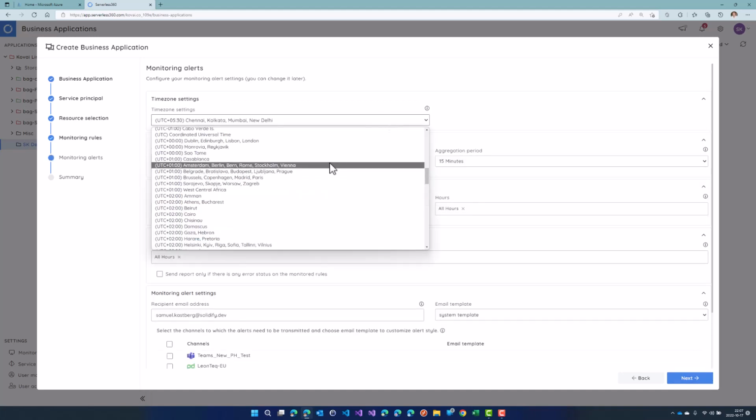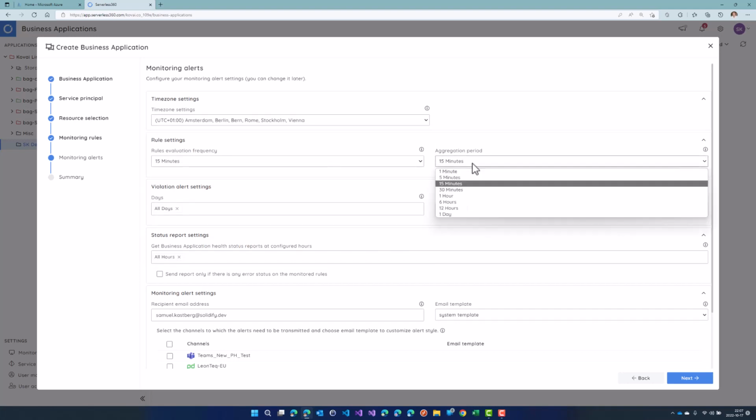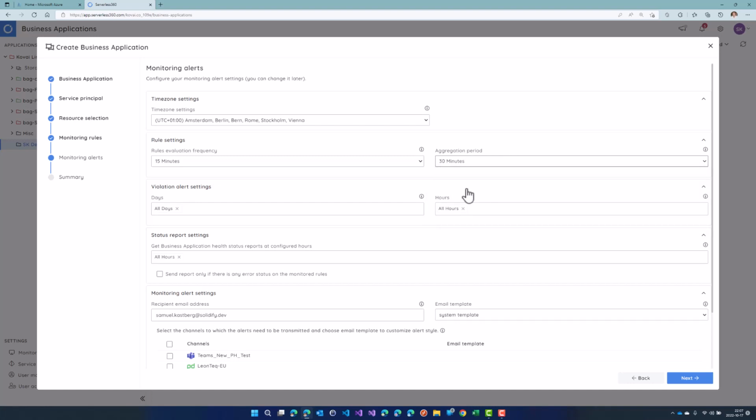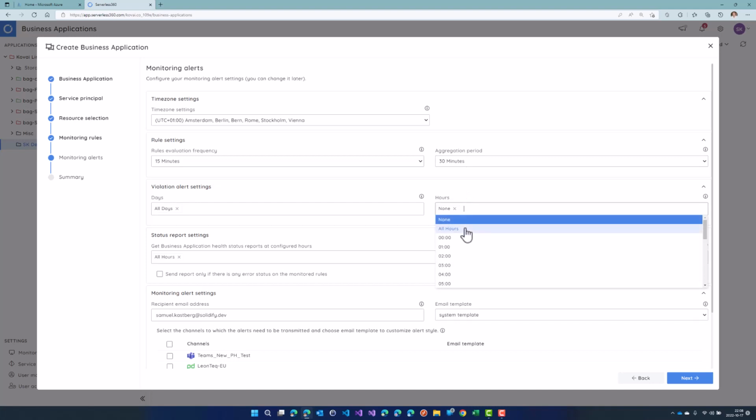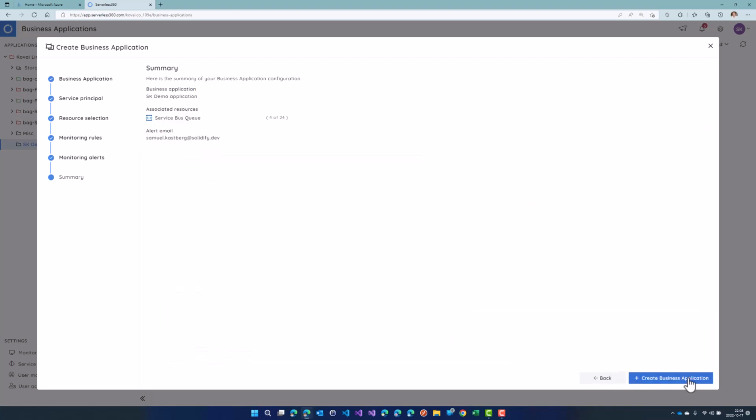To configure my alerts, I set time zone, frequency of evaluation, and other important values for alerting. I leave a thorough description of them outside of the scope of this video. That said, one setting I find important is to receive a report only if there are any errors. But that's a question of taste. After saving,